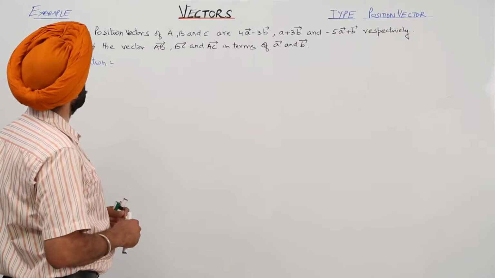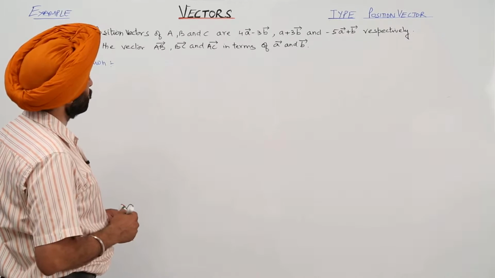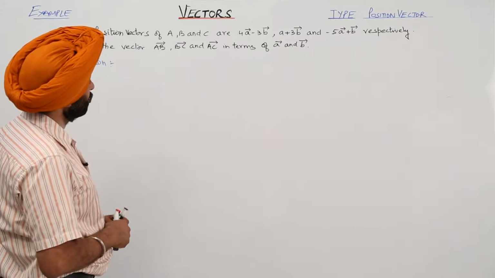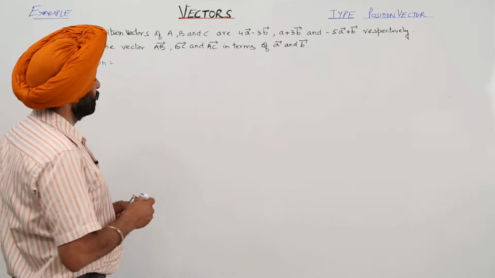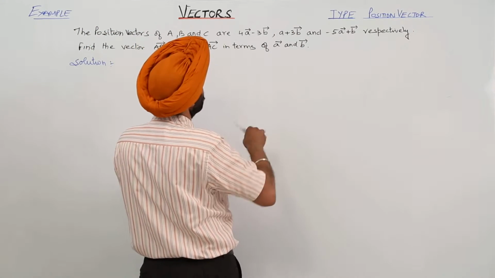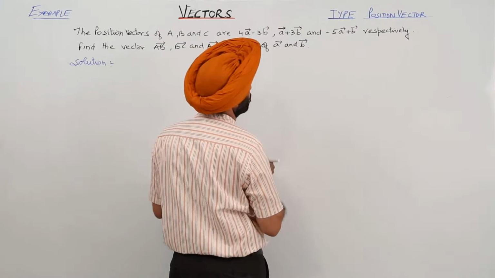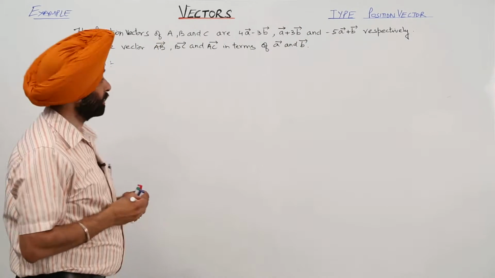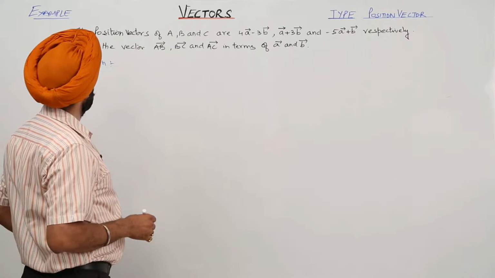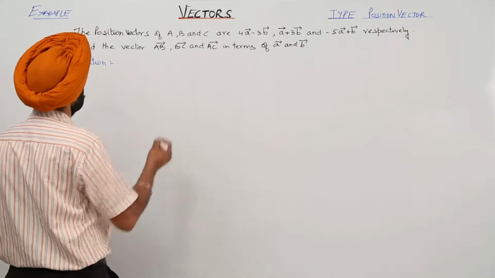The position vectors of A, B and C are 4 vector A minus 3 vector B, vector A plus 3 vector B, and negative 5 times vector A plus vector B, respectively. And what we have to show? We have to find vector AB, vector BC and vector AC. Okay. So, now